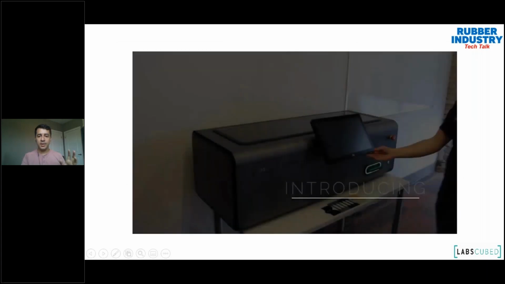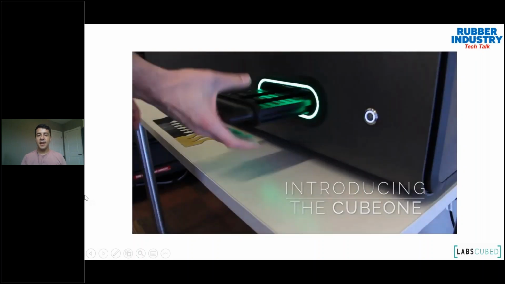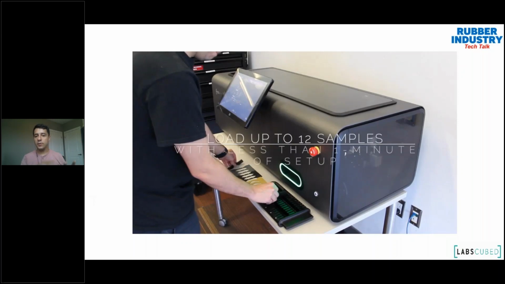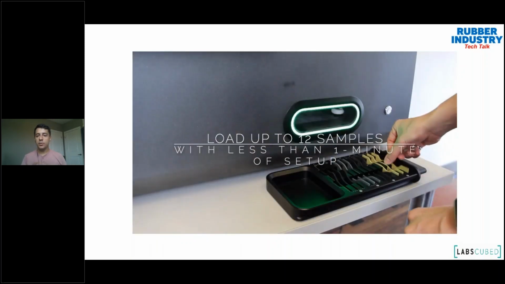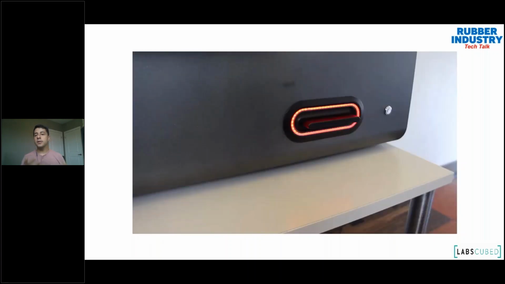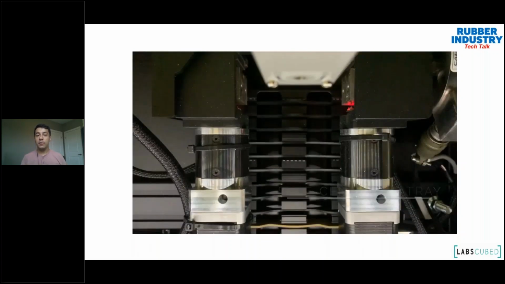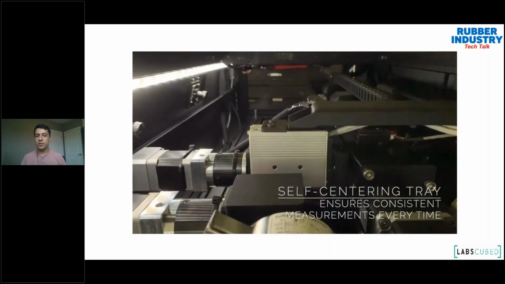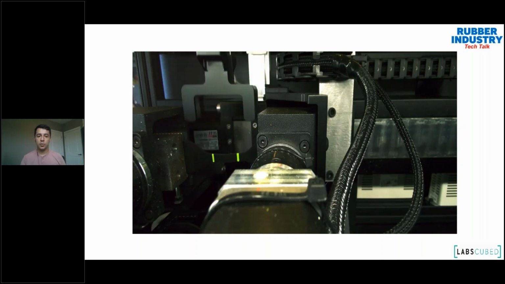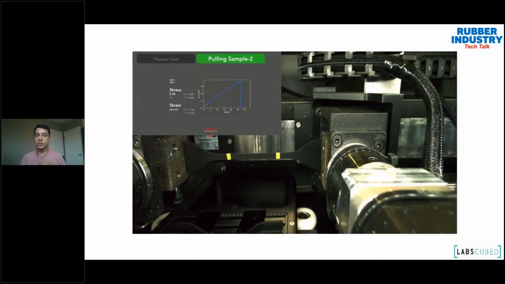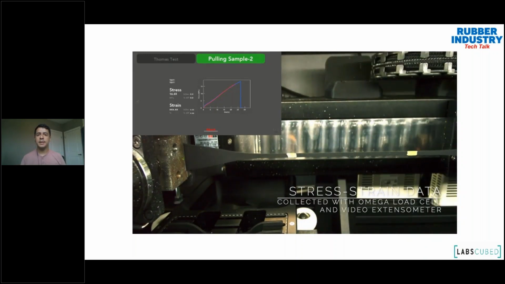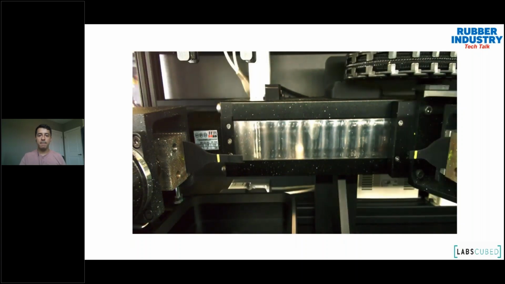I know it's a bit jumpy because of the way videos work on here, but essentially with our machine, you can put in tensile and tear samples, ISO, ASTM, JIS samples into a tray, put the tray into the machine, press start, and then it'll automatically load each sample, test each sample. We have really sophisticated vision systems and sensors to collect a lot of data and metadata, which is really important for future development, for future work that will be done with that data. And essentially you pull, you break, the same thing that your technicians are doing every day, we're just automating it and making it really attainable for everyone in every lab.